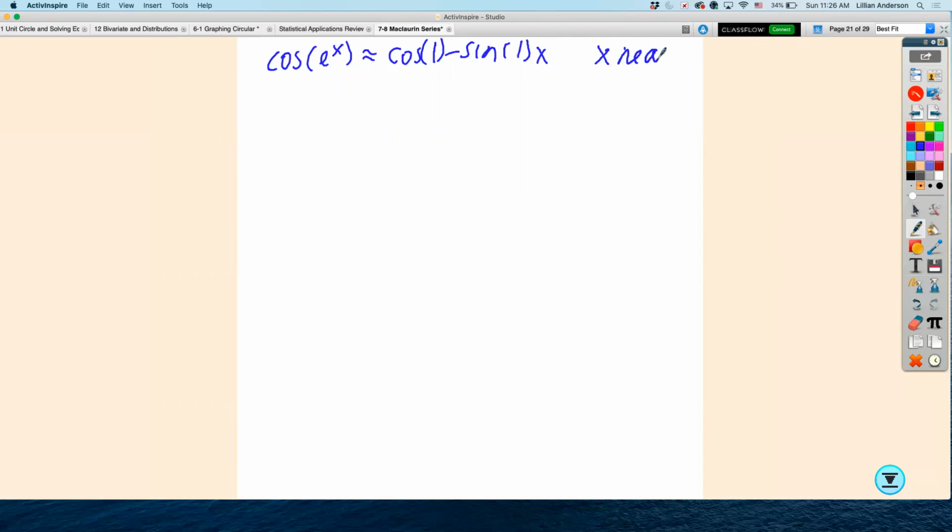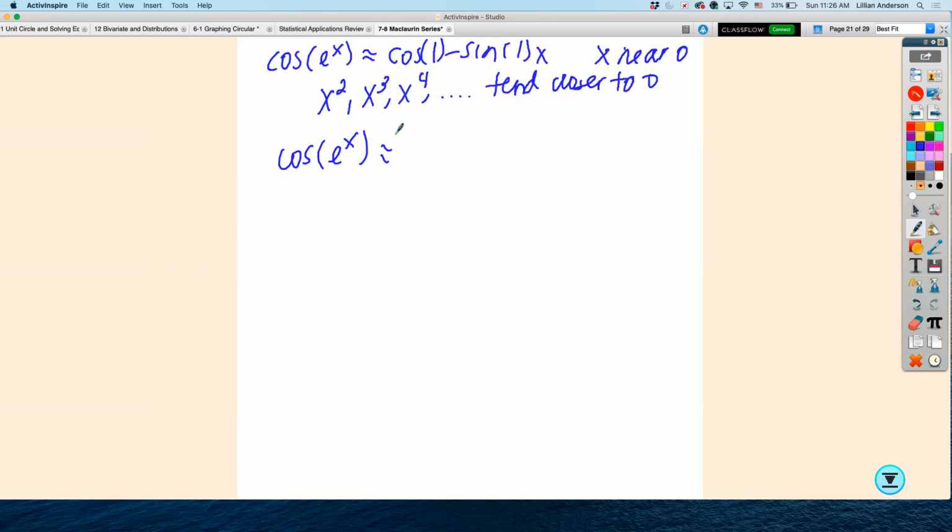Well, if x is near 0, then our higher order terms, the terms that have your x squared, your x to the third, your x to the fourth, and so on into infinity, are going to tend to get closer to 0. Since the further along the terms we get, the closer to 0 they are, because remember, it's converging. That means that cosine e to the x is going to be approximately,